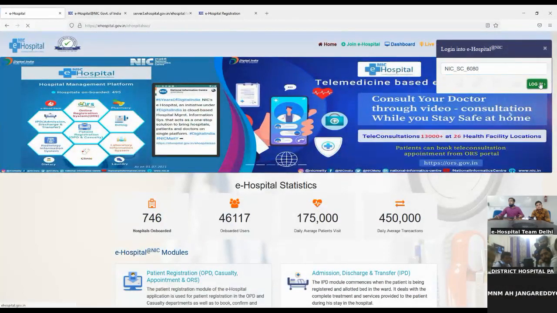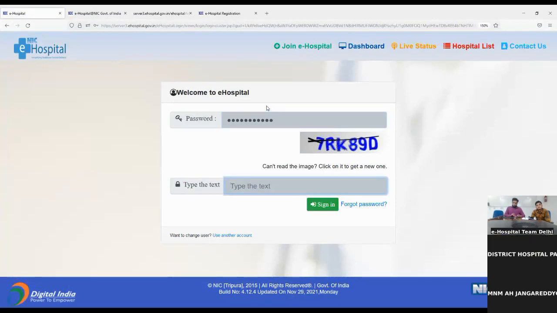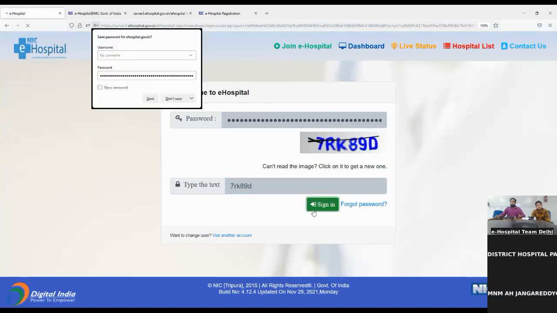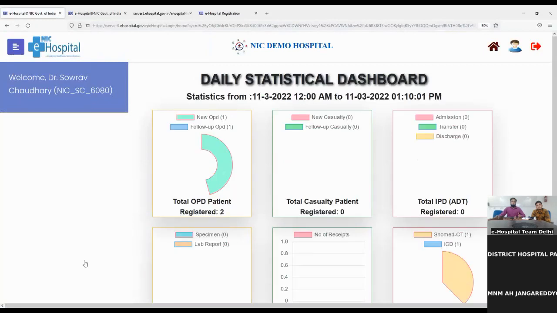Then click on the login button, then enter the password and the captcha. Click on the sign in button. So now from here I have to open the